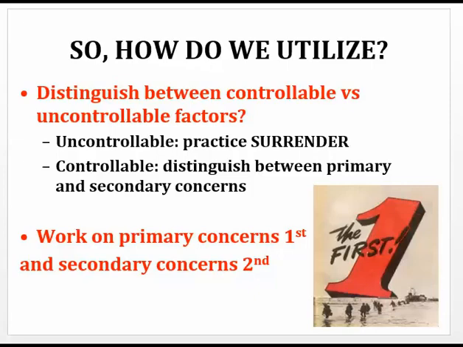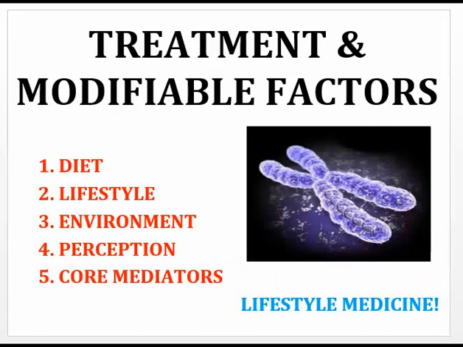So what are the controllable factors? Well, it's of course diet. Diet plays a critical component. It's our lifestyle, like whether or not we're sedentary or exercising. It's the environment that we bathe ourselves in. So whether it's our home environment, the people that we're hanging out with, are they toxic? Our work environment. It's our perception, right? Is the lens that we're wearing one of a victim archetype, where we've surrendered our health, where we surrendered our autonomy and things happen to us? Or are we wearing the perceptual lenses of the co-creative power that allows us to heal, right? That we're participating in our own healthcare.